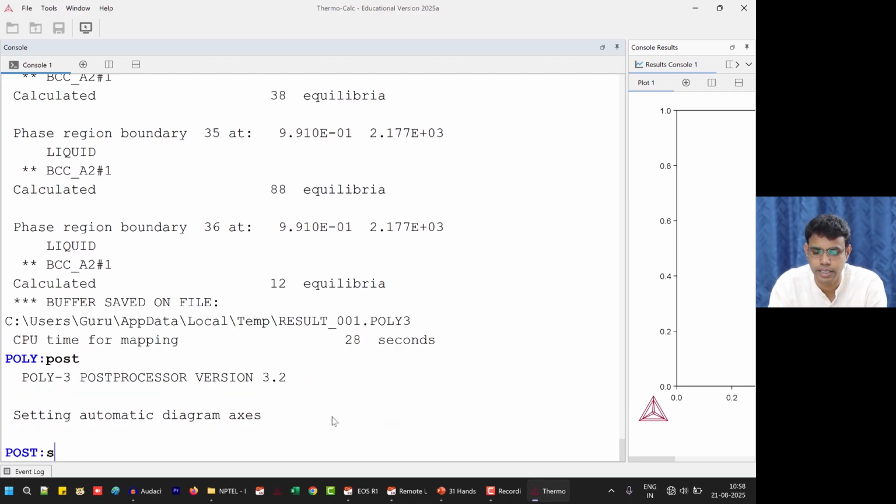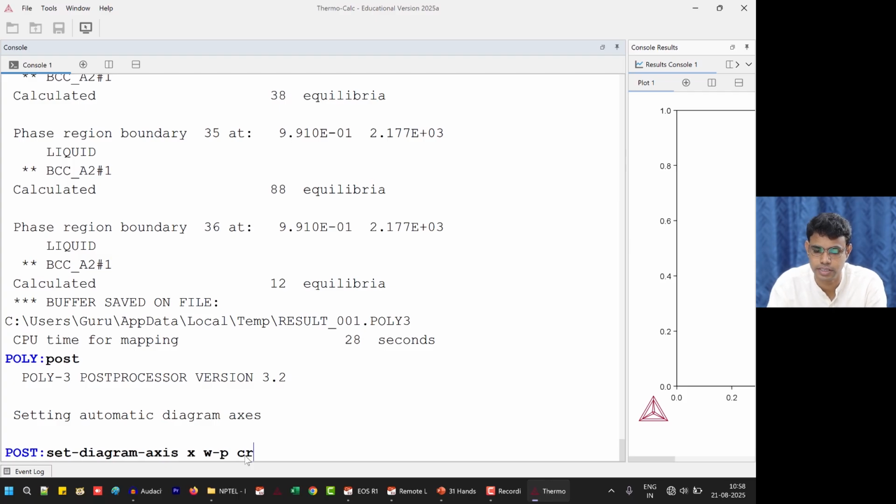Here we set the diagram axis: set-diagram-axis x. You can type s-d-a, that would do. Set diagram axis x, we want weight percent or mass percent of chromium, so w-p is the syntax for that.